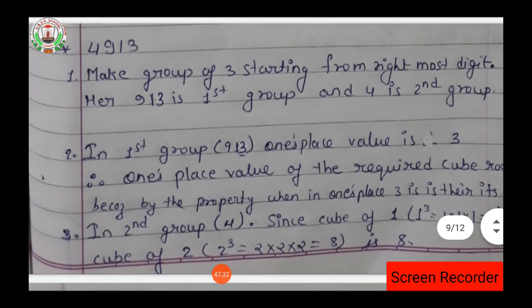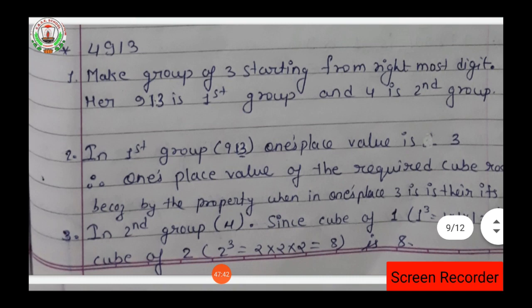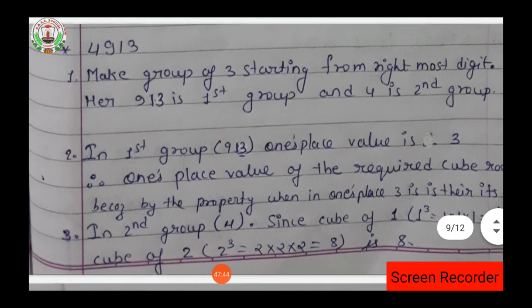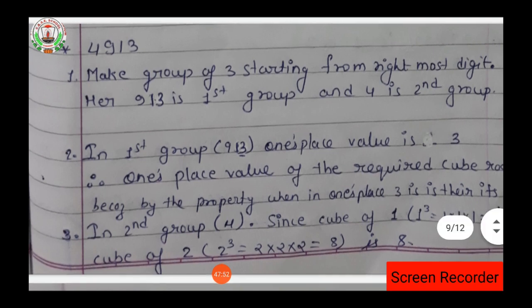Here is the solution. Okay, what we have to do, we have to make the pair from the right hand side, 3 pairs. So first pair will be 931 and second pair will be 4. So what is the place value of 3 we are having? What is the place value of ones we are having? ones का place value क्या है, 3 है।